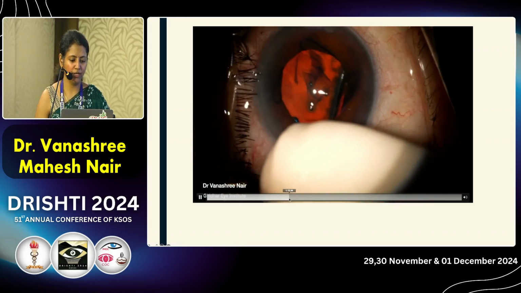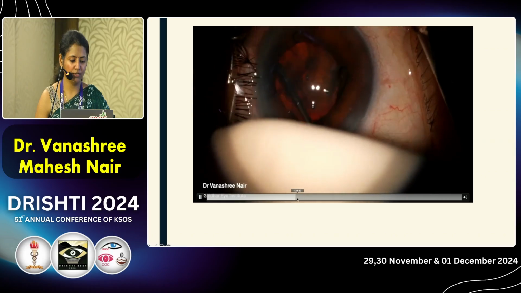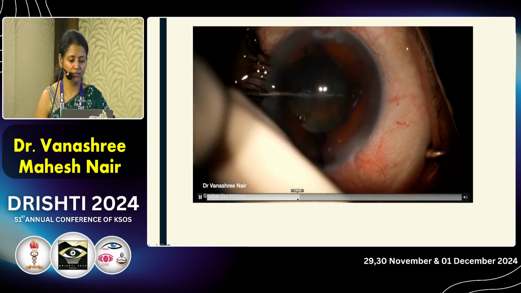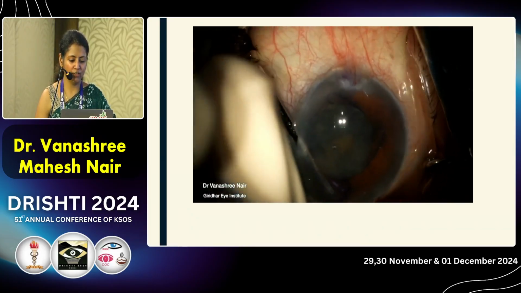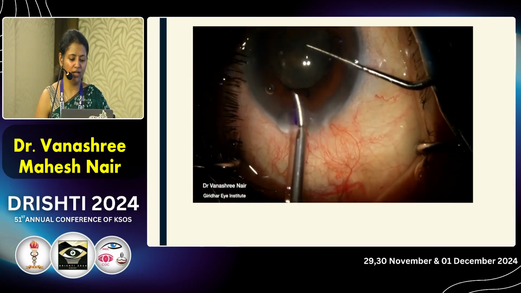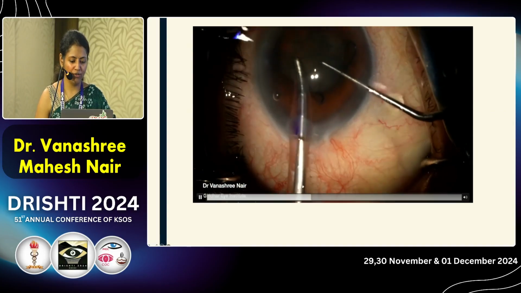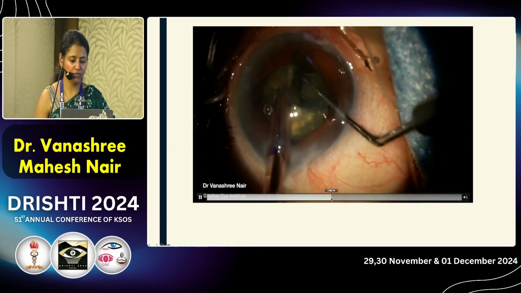And as you do hydro here, you'll see that the iris is trying to come out at the main wound. There the iris comes out. Here, actually, I should have just moved the Malyugin ring a little away, and it would have taken things in, but I had to take the iris in first. Go in with your phaco probe, and I'll just go a little ahead because this is a normal